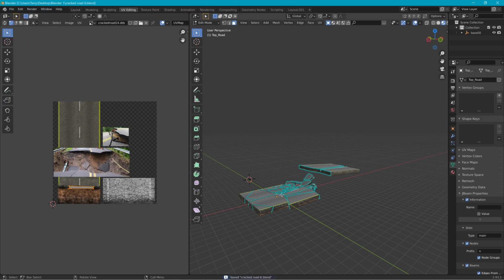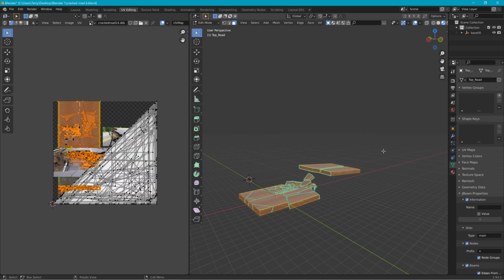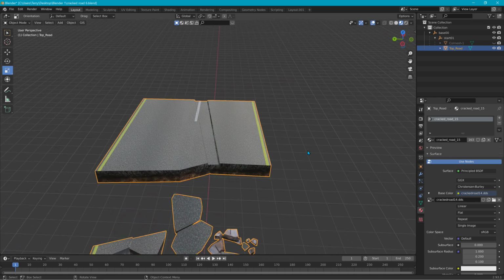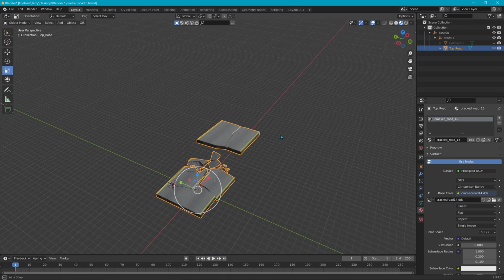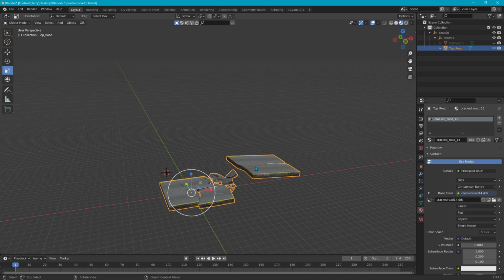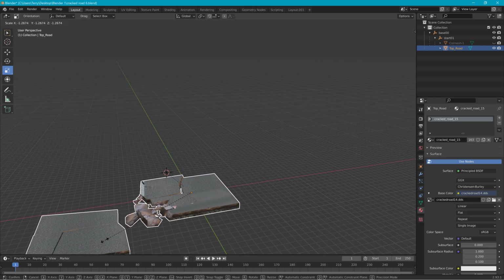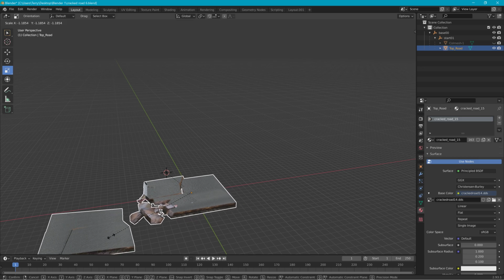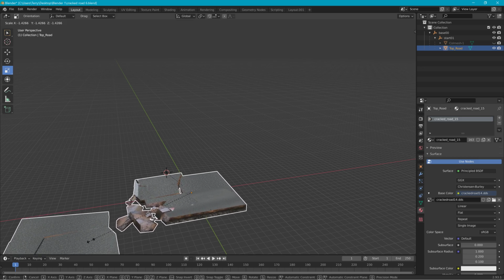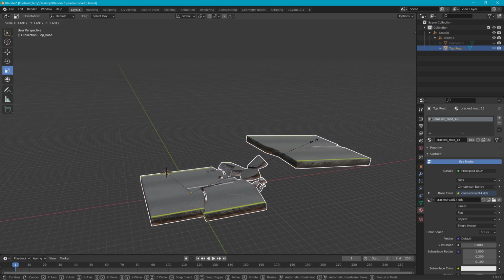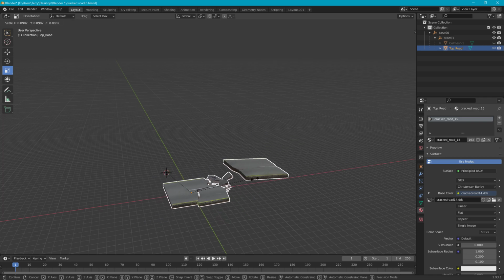What I did is, somehow when I made it, I think when I was scaling the whole object, damn it, let me get out of this mode. When I was scaling the object to create the little pieces, like the flat piece of road, somehow I went into the negative. So I was in the underverse, I guess. I don't know what you call it. I was on the opposite side of existence. And I think that was what it was, because when I came back to fix this, I did this